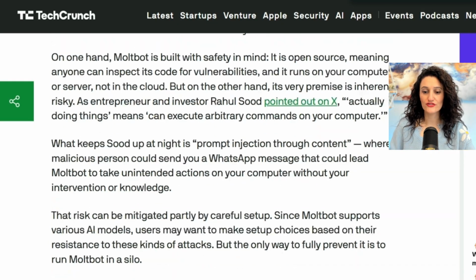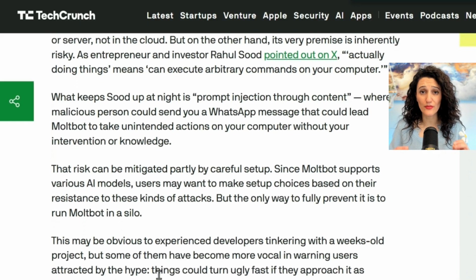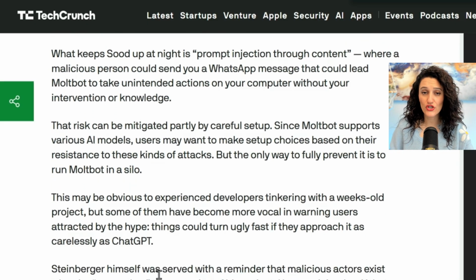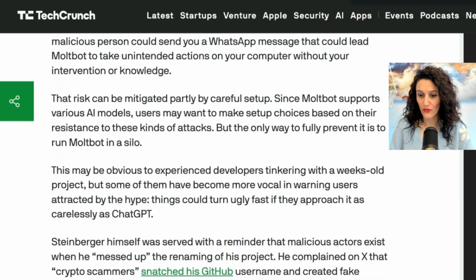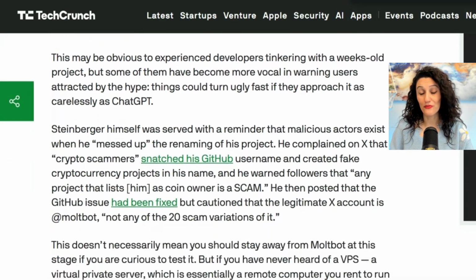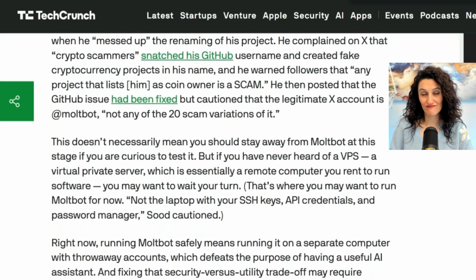Here's a great TechCrunch write-up that calls out how fast ClaudeBot exploded and how few guardrails most people are putting in place when they install it on a random VPS or Mac Mini in their basement. There's a line that I love from Bruce Schneier. Security is a process, not a product. If you are going to treat OpenClaw like a magic product instead of a dangerous process that you're unleashing, it's gonna bite you. All right, let's get practical. Let me walk you through how you can install OpenClaw, the artist formerly known as ClaudeBot or Moldbot.